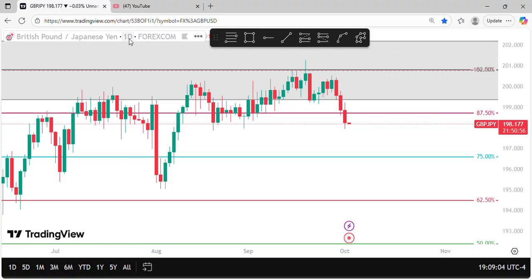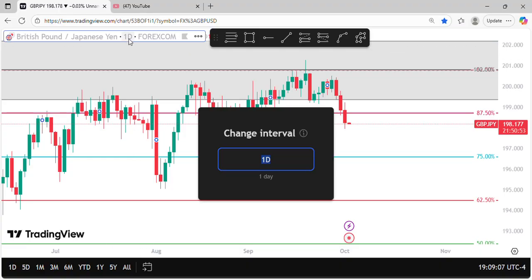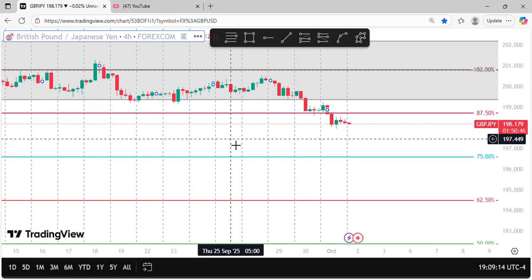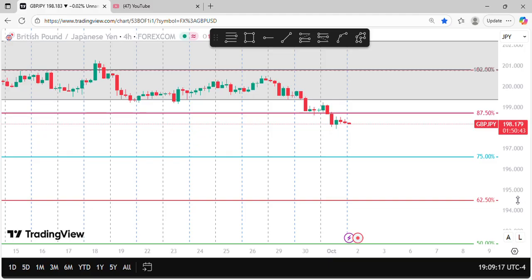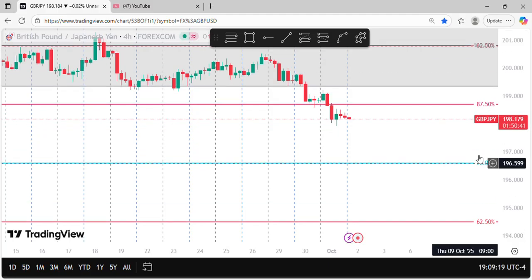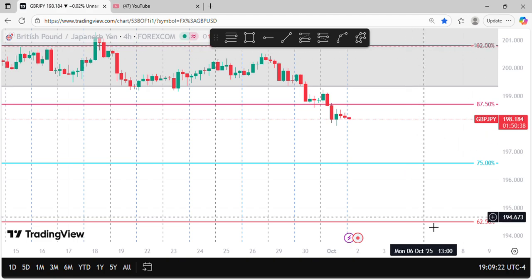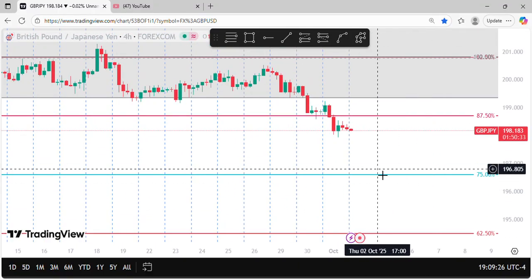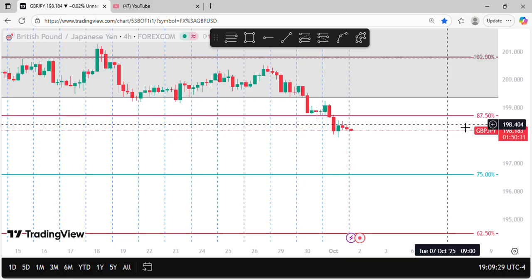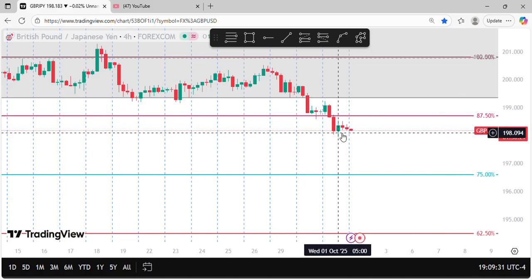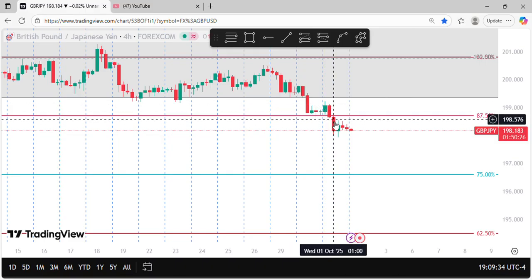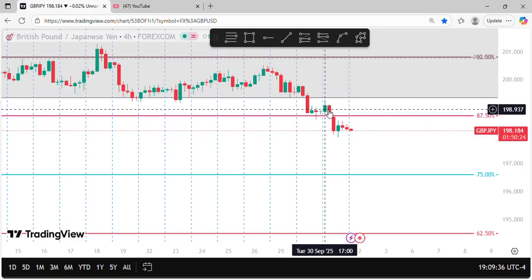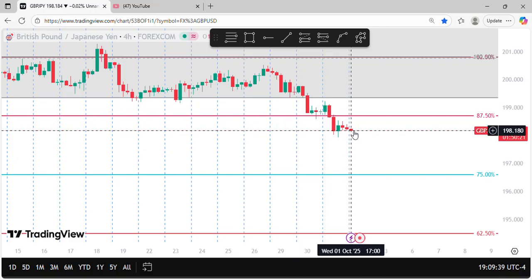Okay, so now let's move to the 4 hour. Good. And so look at this. So this is still the space between the 62.5 and then the 50 DRT level. Okay, and then currently what we see is that at the 87.5 we are breaking below the 87.5. We've left this bearish order block right there,